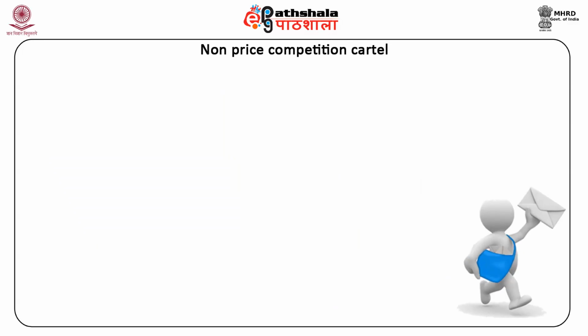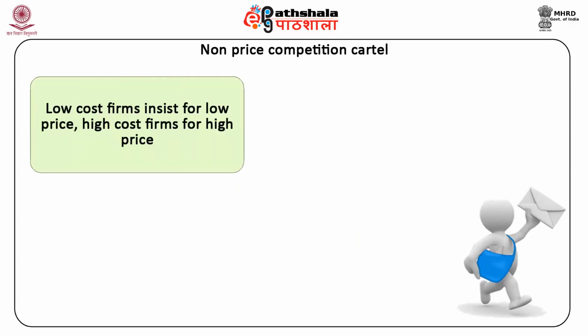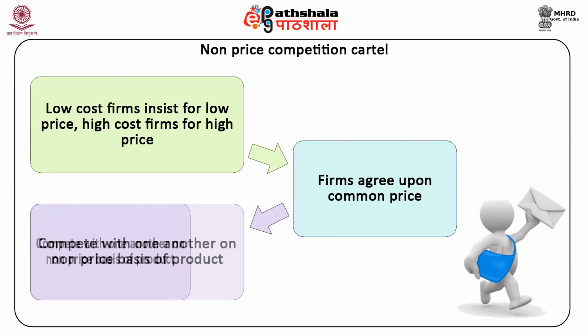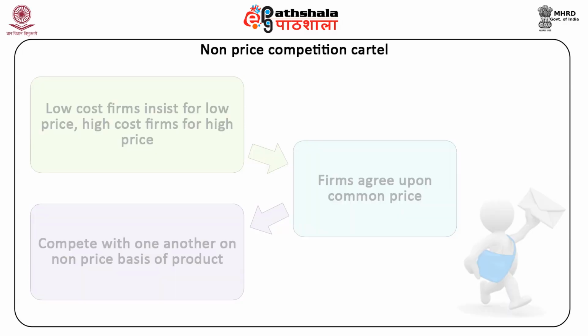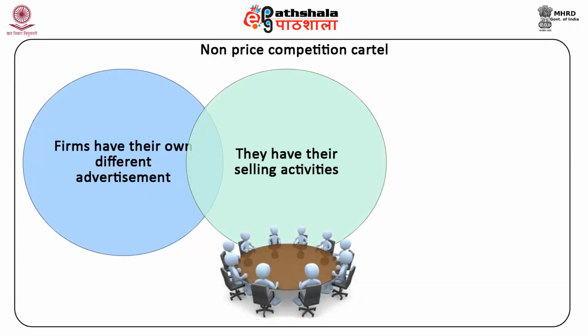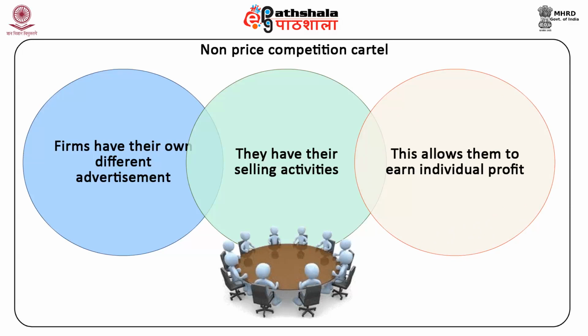Under the non-price competition cartel, the low-cost firms insist on a low price and the high-cost firms on a high price, but in the end, they agree upon a common price below which they will not sell their output. In such a case, the firms compete with one another on a non-price basis by varying the color, design, shape, packing, etc. of their product. They have their own different advertisement and other selling activities